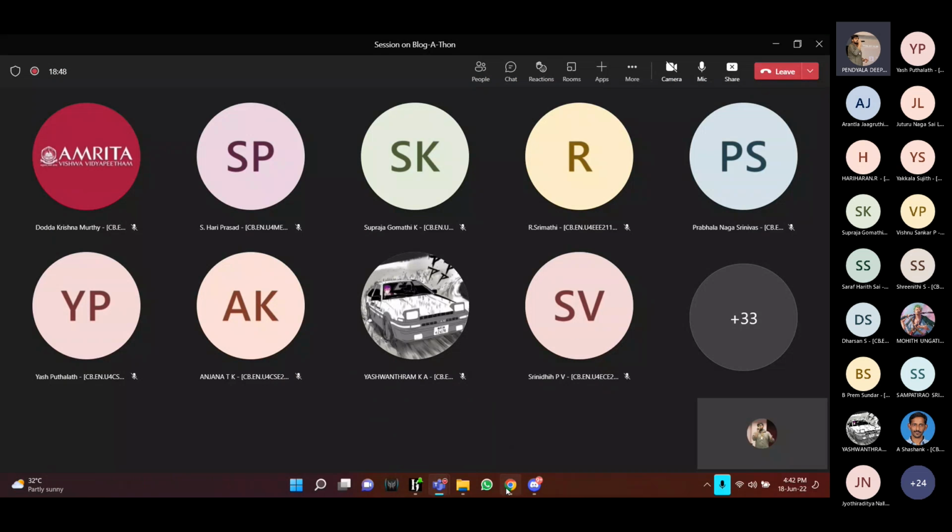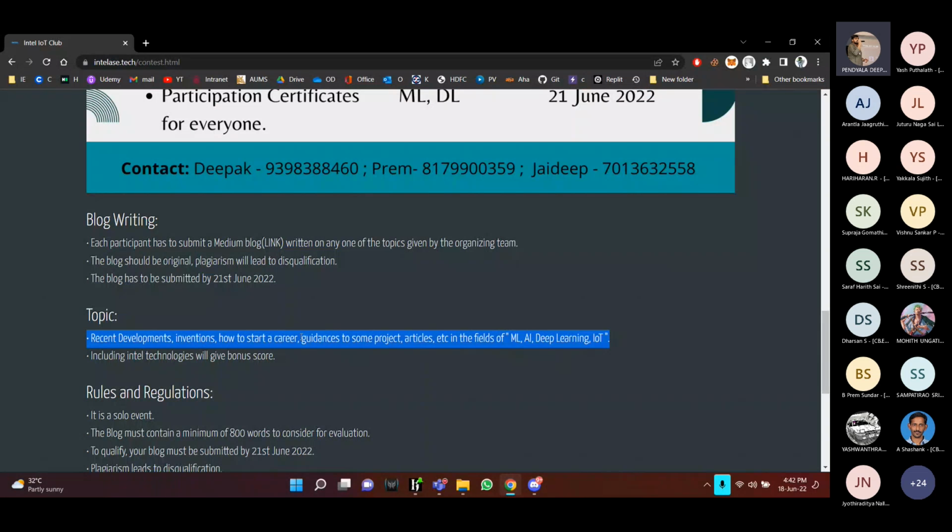Okay, let me continue. Including Intel technologies, whether Intel's new inventions or existing inventions, the versions that Intel recently updated, and the technologies that exist in Intel, whether it's Open Dev Cloud or the technologies existing on those ideas and themes. So if you include Intel technologies, then surely you are on top actually.